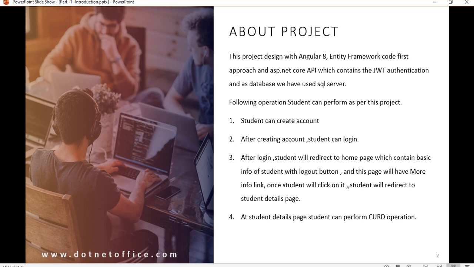With this project, we can create a student account, log into it, and after logging in we navigate to the home page, which has the basic information. From there we can navigate to the student details page, where we can do all the CRUD operations related to the student.